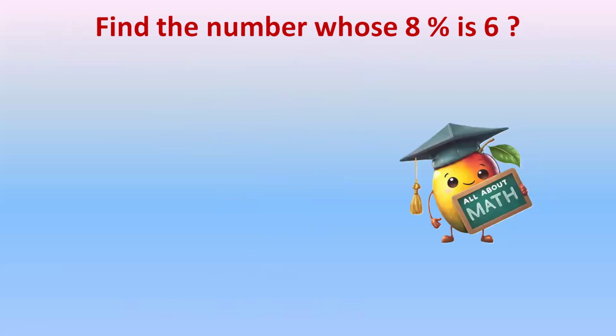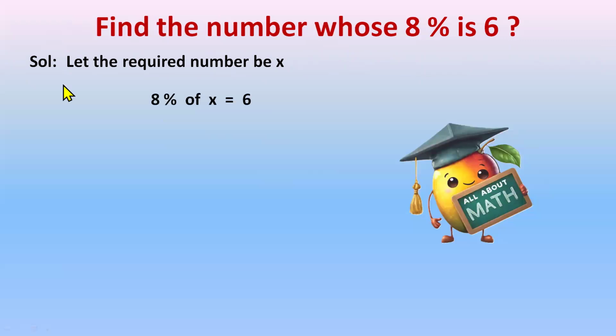So again we'll write the required number as x, and we have 8% of x is equal to 6. Now 8% can be written as 8 by 100 multiply x equals 6. This is multiply. Instead of writing of, we can write multiply in maths. Now we have to keep x alone. Shift the number to the other side. 100 will go up to the numerator and 8 will go down to the denominator because the signs change when we shift the numbers to the other side of the equal to. So x equals 6 multiply 100 divided by 8.